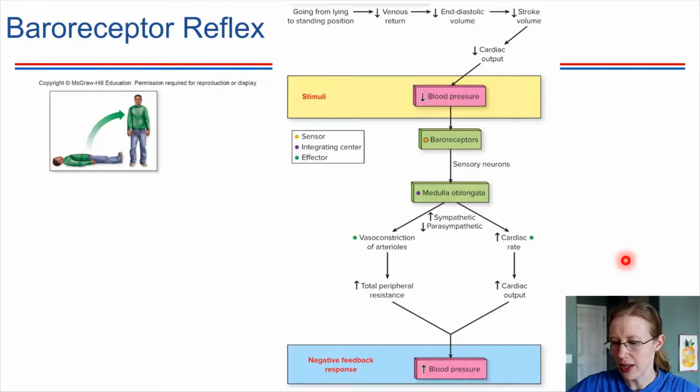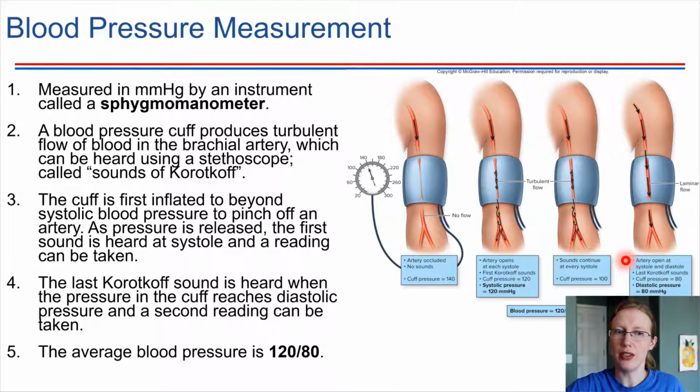So blood pressure is something that we can measure. We have a lab that is focused on this, so we're going to keep it short and sweet here. Blood pressure is measured with a sphygmomanometer. You've got to try saying that. If you don't know how to say it, sphygmomanometer. Sphygmomanometers are the things that we can use to measure blood pressure, and it uses a blood pressure cuff. These are pretty much automatic these days. It used to be that you'd use a cuff and you'd have to listen with the stethoscope to the blood flow. It's pretty much automatic these days with automatic blood pressure cuffs.